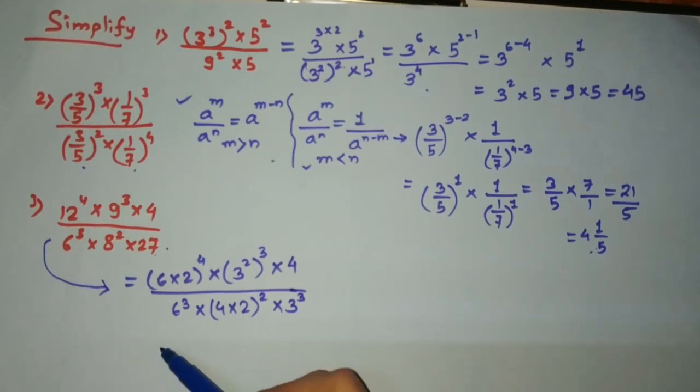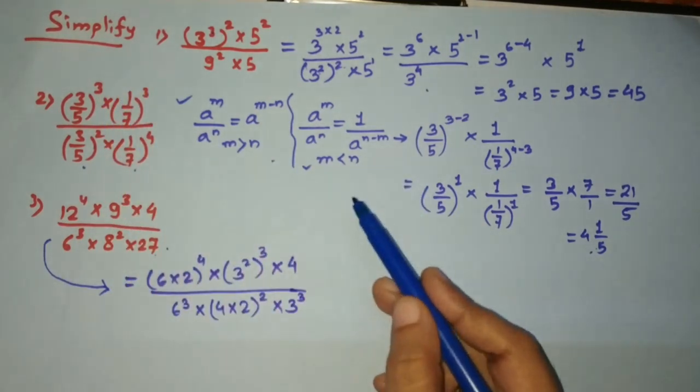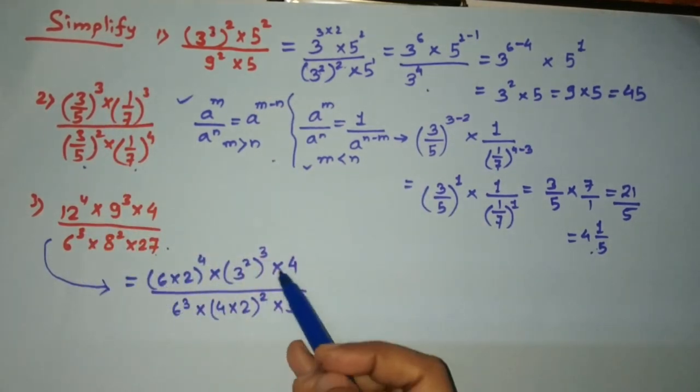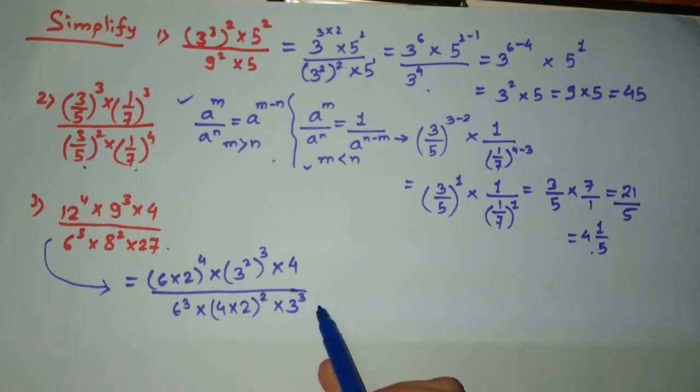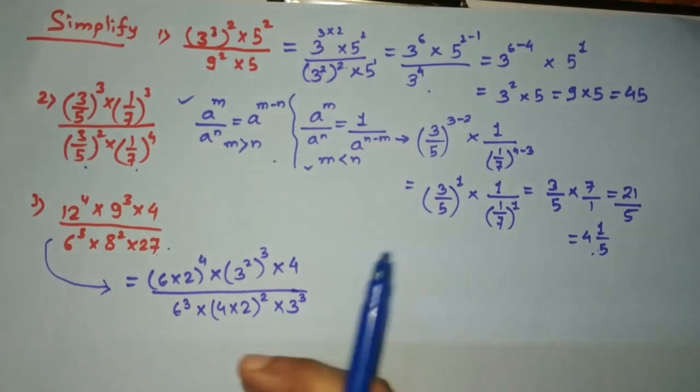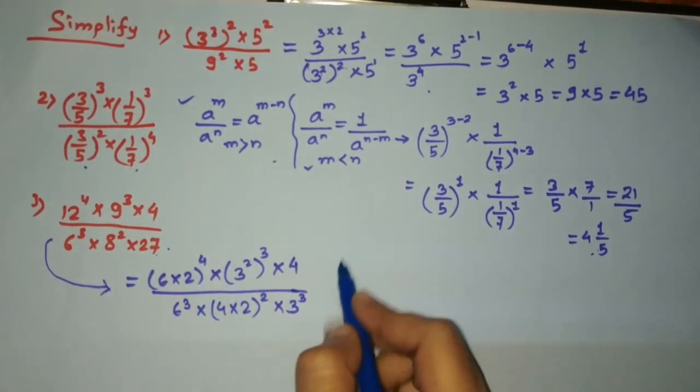At this moment you see here I have changed this problem and written it in this format. Why am I writing in such a format? Because I need to simplify them. The question is about simplification only. So if I observe, this 6 will cut with this 6, this 4 will cut with this, and this 3 and this 3. I want a situation where the bases become equal, then I can use some laws and I can cut them.